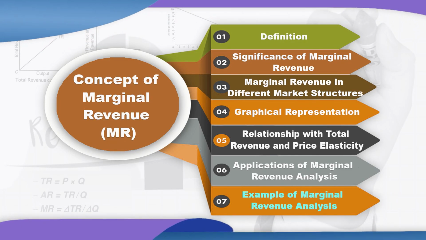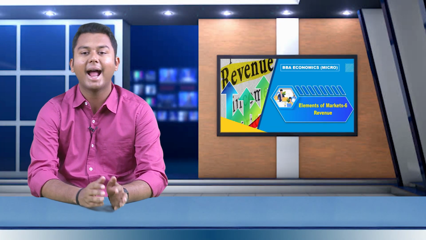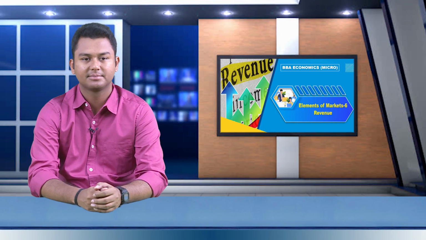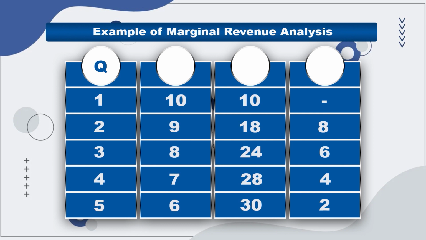If we look at an example of marginal revenue analysis, consider a firm that sells a product at different prices and quantities. Let's say in this table you have quantities listed in the first column, price listed in the second, and their total revenue, that is price into quantity, listed in the third column. As we have seen, the marginal revenue is nothing but the change in total revenue given a change of one additional unit of sale. You need to subtract each point on the total revenue, and accordingly you can derive the